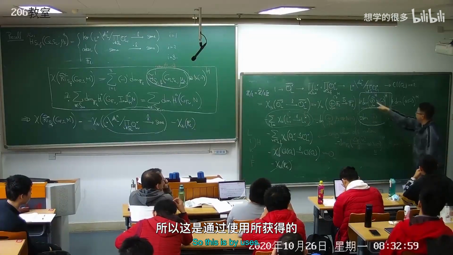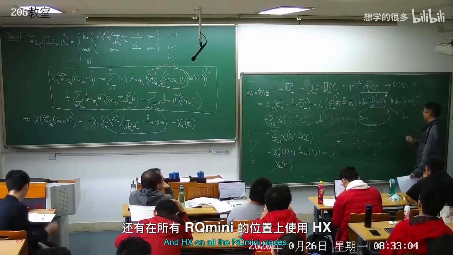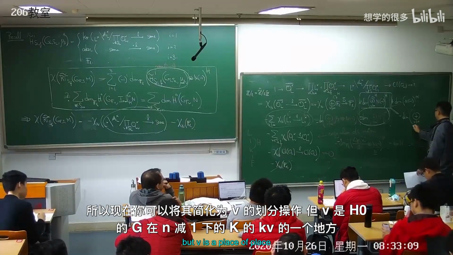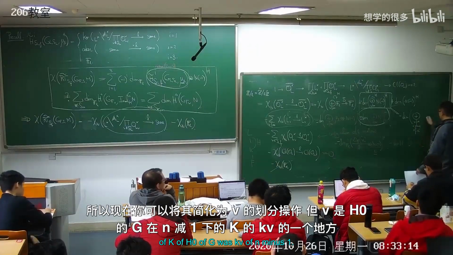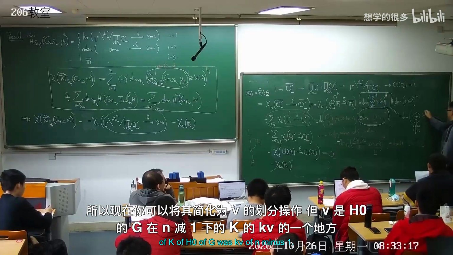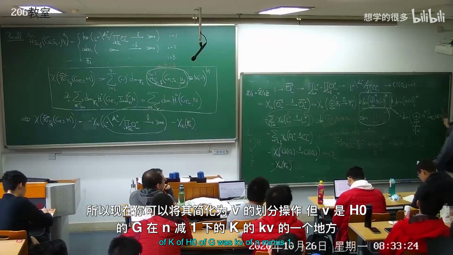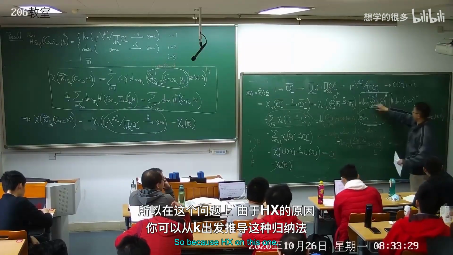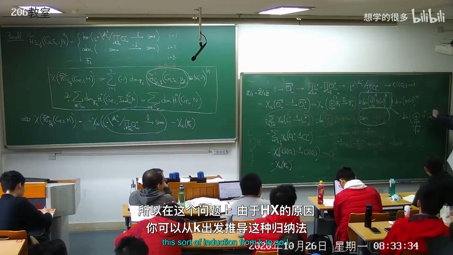So now for this I need to use Shapiro's lemma. So you're taking H invariants, and H acts on all the Archimedean places. So now you can reduce it to V dividing N, where V is a place of K, of H0 of G_{K_V} of N minus 1. Because H acts on this one, you can think of it as a sort of induction from K to